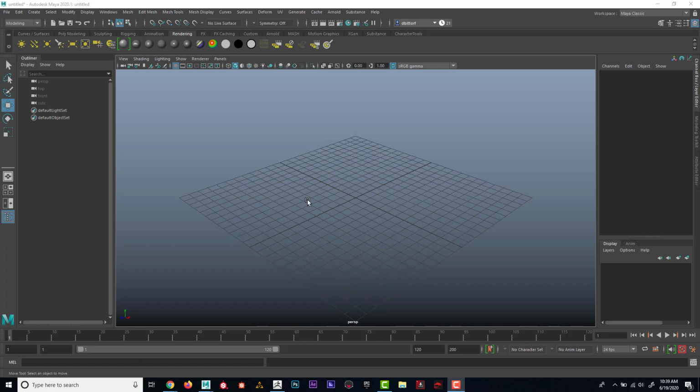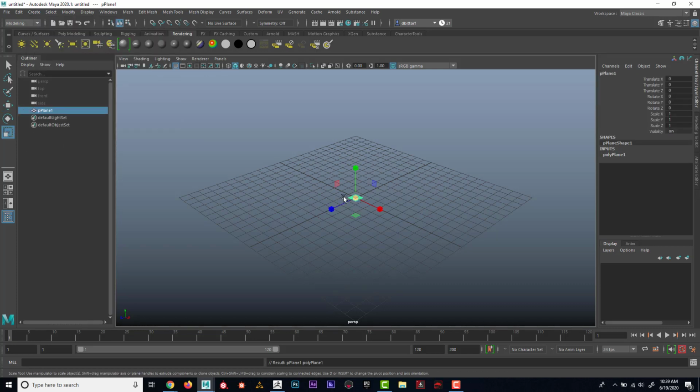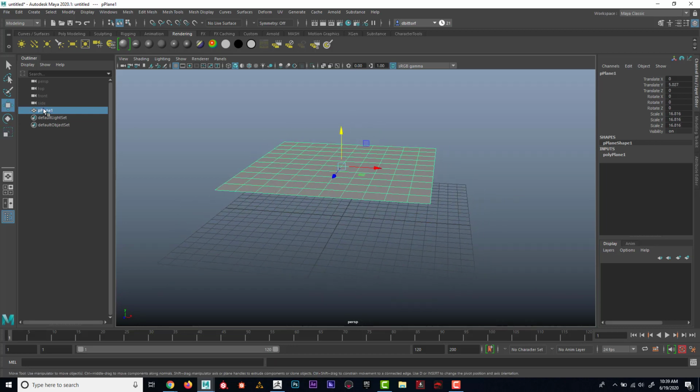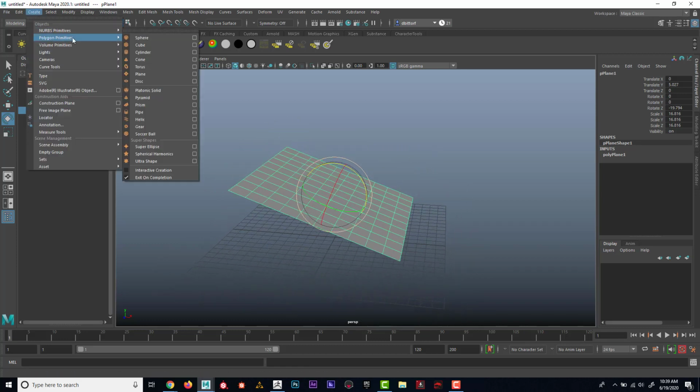With dynamics, it's a very cool way to get very accurate movement mathematically correct. Okay, so what do I mean by that? Well, if I go to create polygon primitives, plane, and let's say I had a ramp, I'm just going to angle this like this,